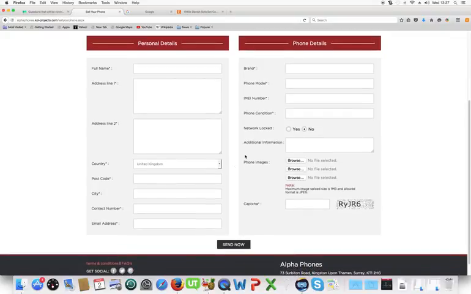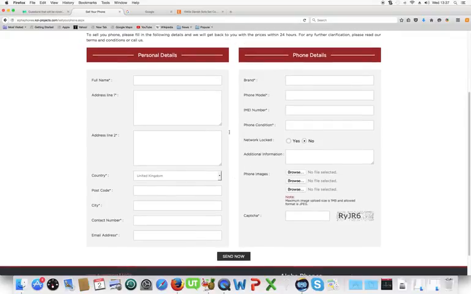I want to talk a little bit about some theory here. There's a direct correlation between the number of fields on a form and the completion rate. Basically, users will quickly judge a form. They'll see how many fields there are. They won't factor in whether the fields are mandatory or not. They'll just make a quick judgment: okay, that looks like it may take a couple of minutes to fill in. I'm not willing to invest that time. Compare that to if the form looked like it would take 30 seconds to fill out, you would get a higher completion rate. So really what we can do tactics-wise is to eliminate needless fields,